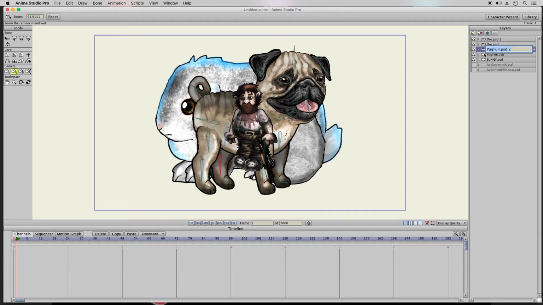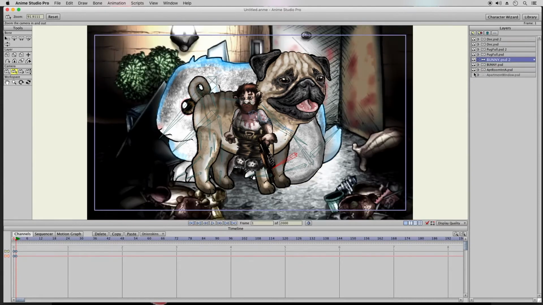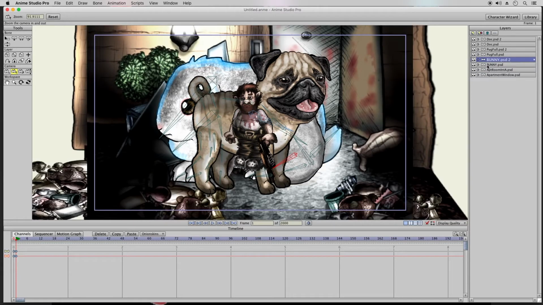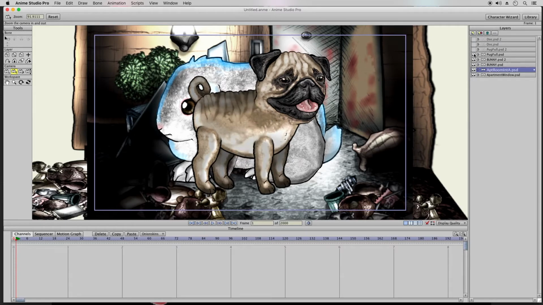So I'll do that right now, and this just gives you an idea of how I set up each scene and the complexity of it and what it takes to set up a scene after you create all the assets, the characters and special effects and all that. So right now I'll just simplify this, and